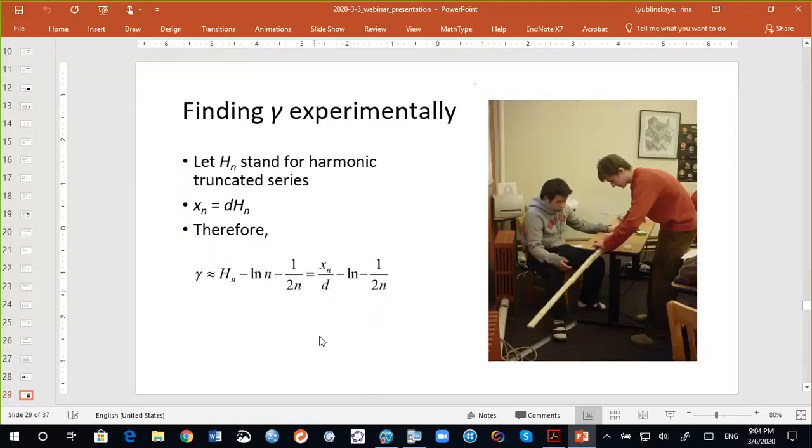So in a simple physical experiment with meter sticks or tiles or textbooks, whatever you have of the same size, students can actually measure the distance from the edge of the table to the very far end of this tower that they built, substitute, and calculate experimentally the value of gamma. In my BC classes, students were doing that, and amazingly, they were able to calculate gamma to less than 3% difference from the one found by mathematicians.